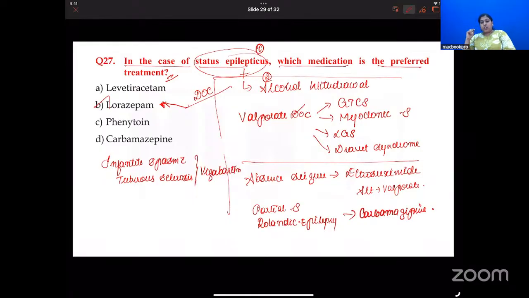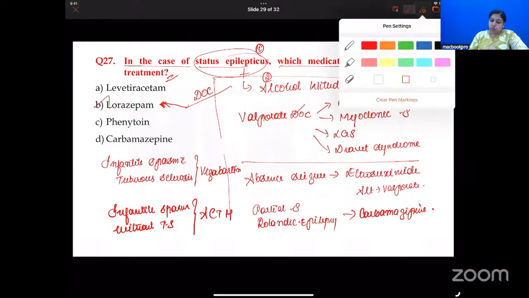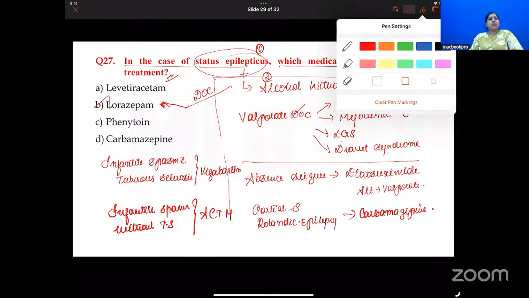In case of infantile spasm without tuberous sclerosis, then what is the answer? Very good, you are on fire. In case of infantile spasm without tuberous sclerosis, otherwise known as West syndrome, here the drug of choice is ACTH. Again, an additional point which I would like to add is, in case of seizure in neonates,